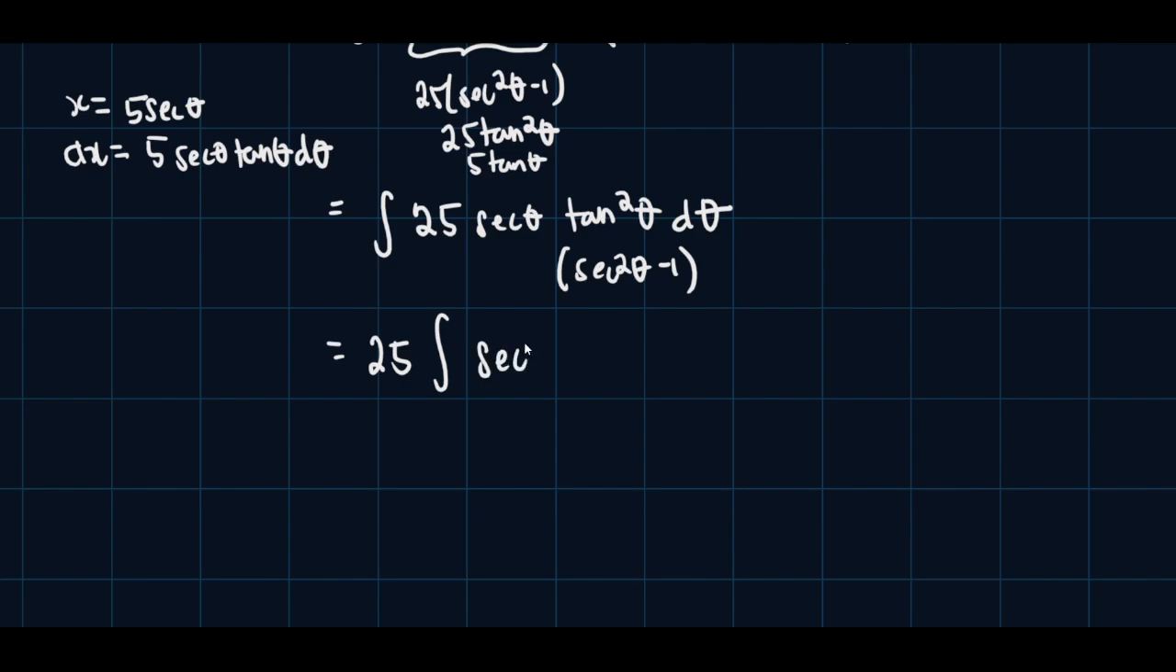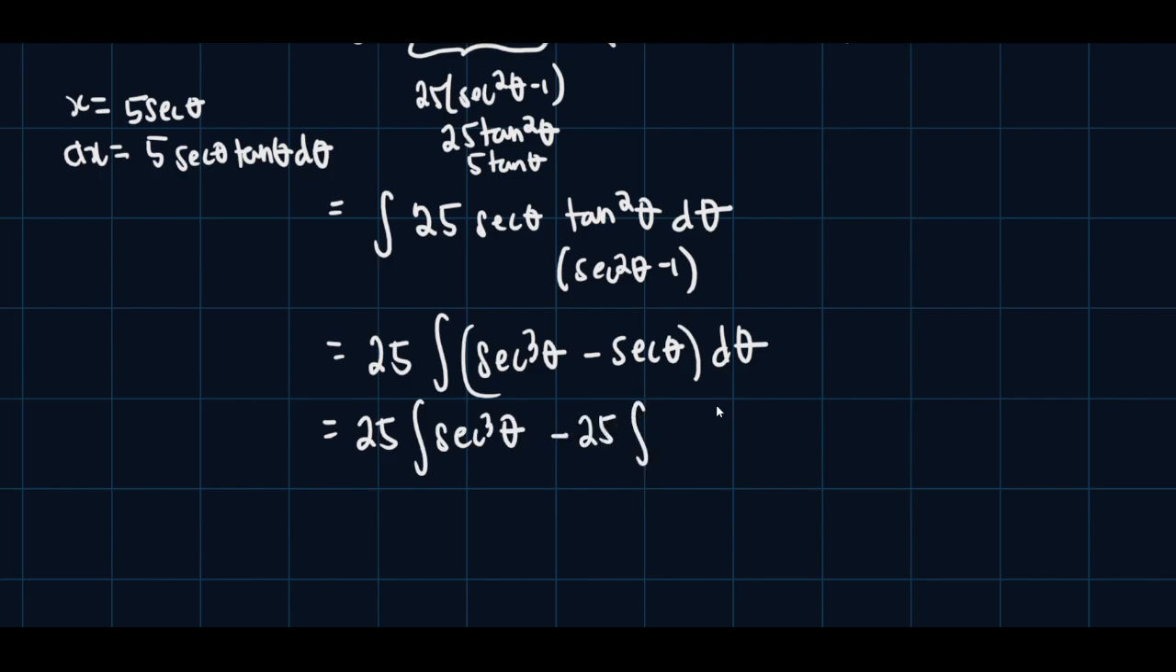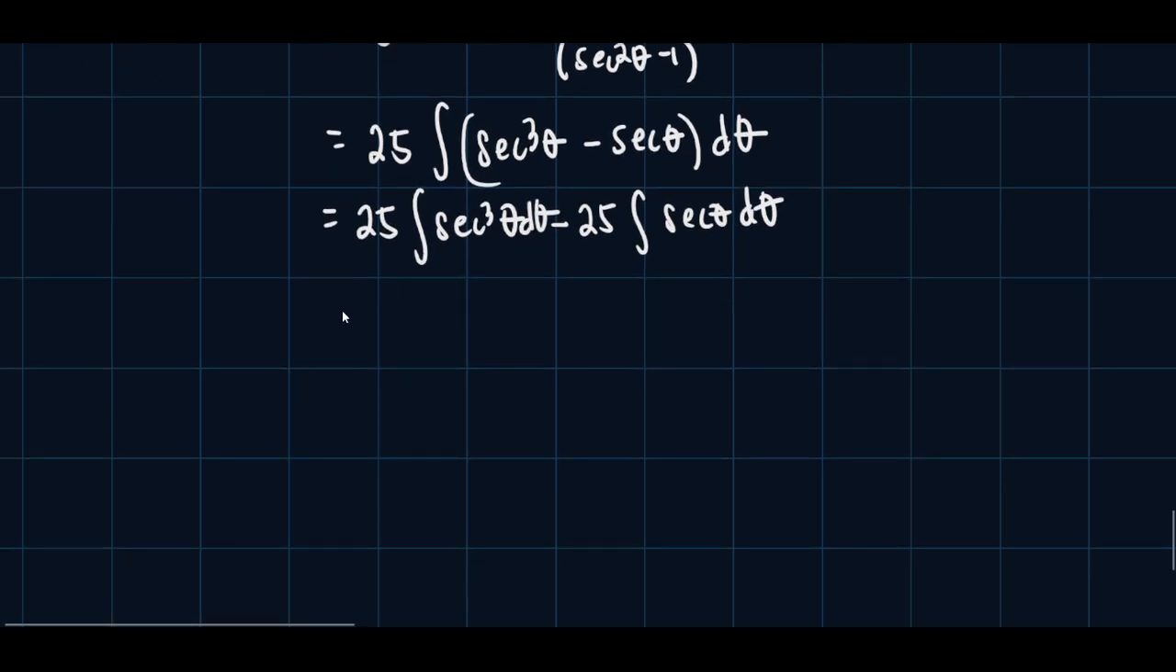Integral ng secant cube theta minus secant theta d theta. Okay, so 25 integral ng secant cube theta minus 25 integral ng secant theta d theta. Okay, si integral ng secant cube theta, we have previously solved that. So this again is equal to